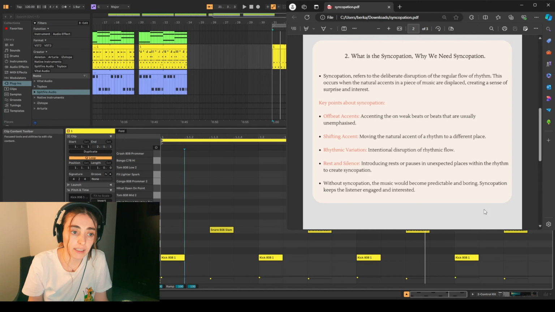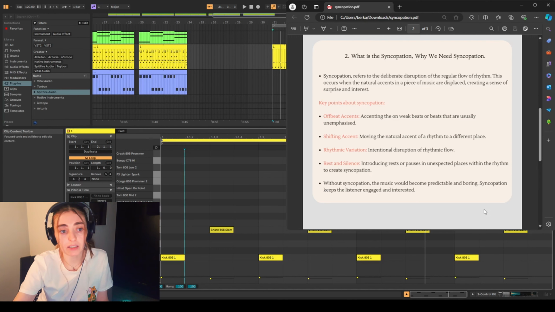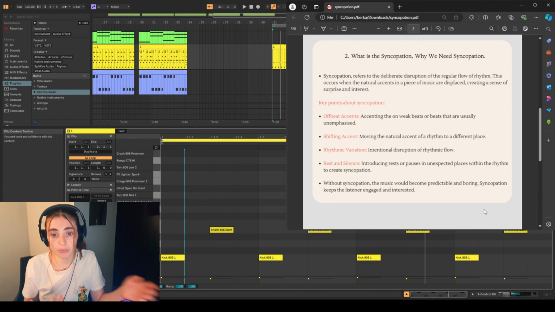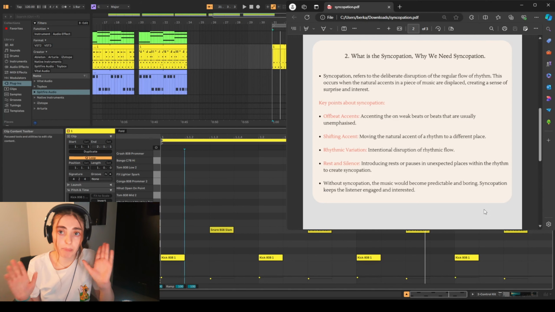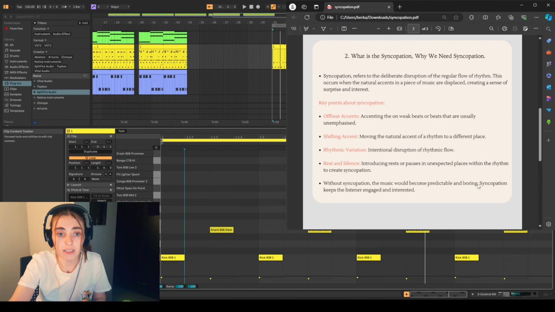Syncopation pushes the music forward by emphasizing unaccented beats and keeps the listener waiting for the next rhythmic turn. Without syncopation, our music would become predictable and boring. And you can say, okay, now we got it. But how can we make syncopation? For syncopation, today I will share 4 key points. These 4 key points are